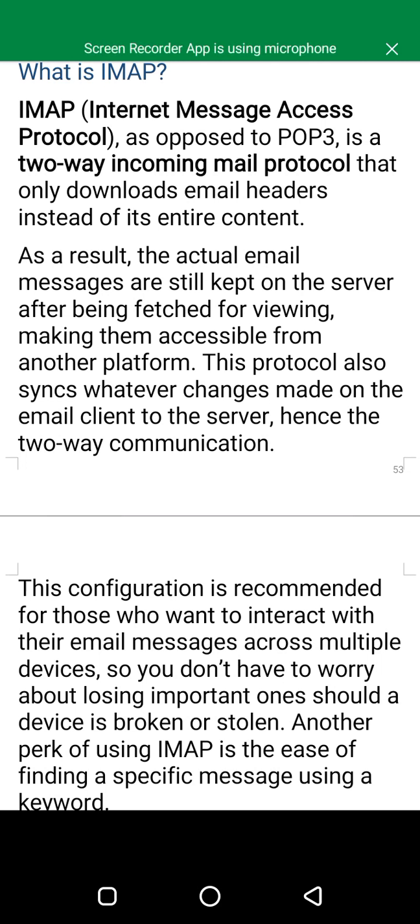This protocol also synchronizes whatever changes are made on the email client to the server, hence two-way communication. So if you delete an email or change anything on the client side, the server will be updated.